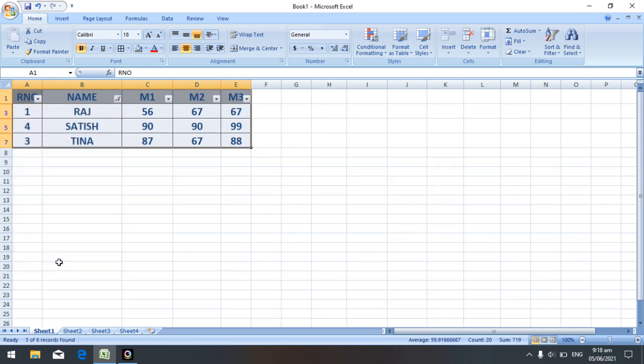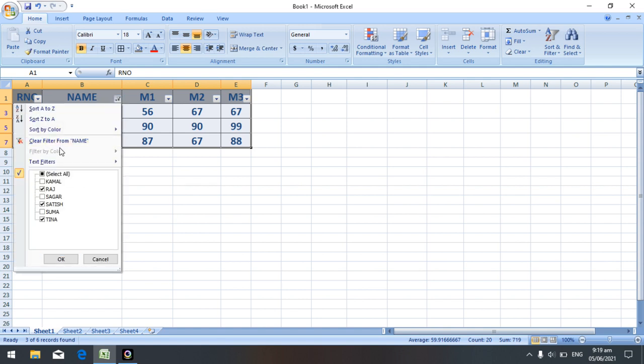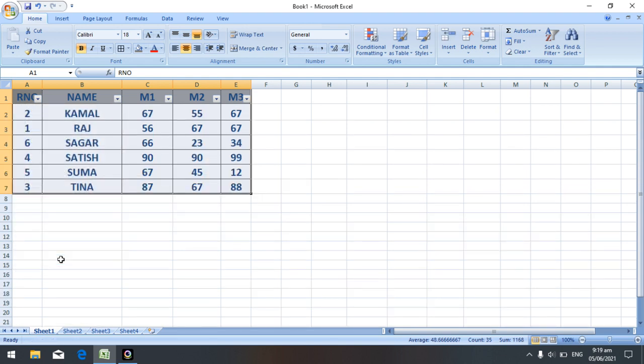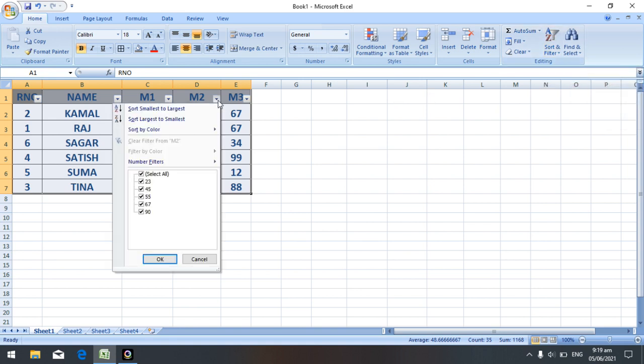So it doesn't delete all the names. If I want all the names once again, then select all, so click on OK. So it filters the numbers according to your choice.